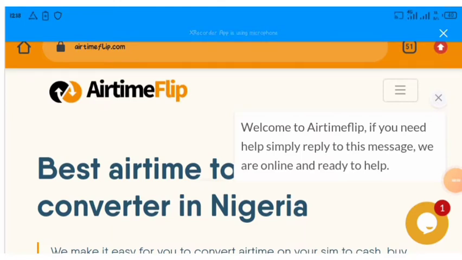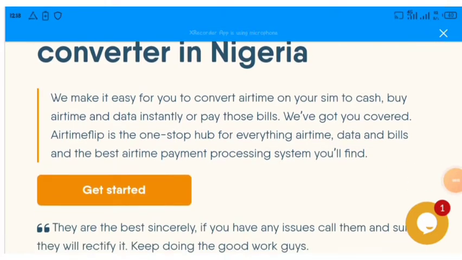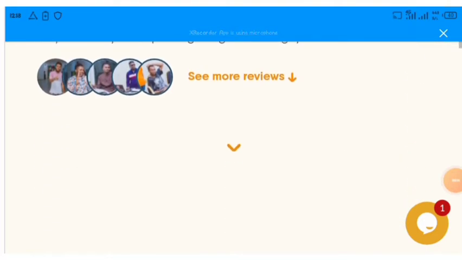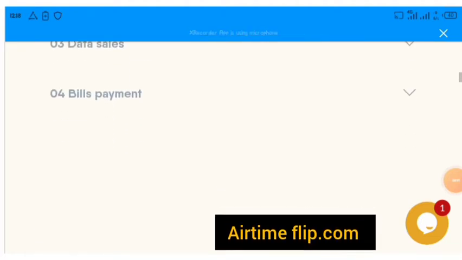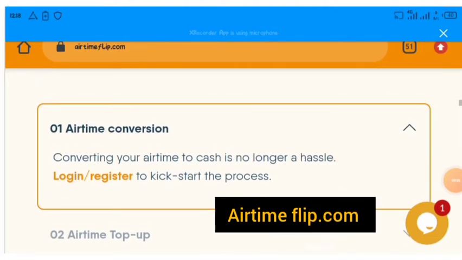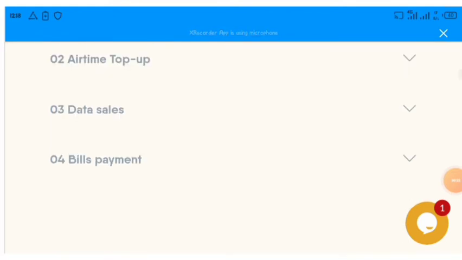In today's video, we're talking about a website where you can convert your excess airtime to cash, or maybe you made a mistake in recharging. You can convert it to cash back through airtimeflip.com. Airtimeflip.com is the best website where you can convert your excess airtime to cash. This website is actually